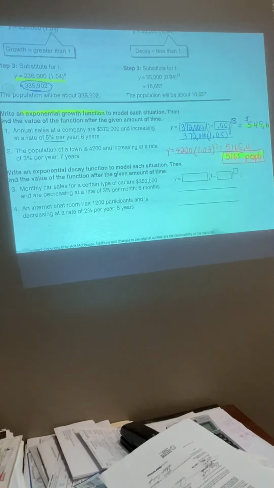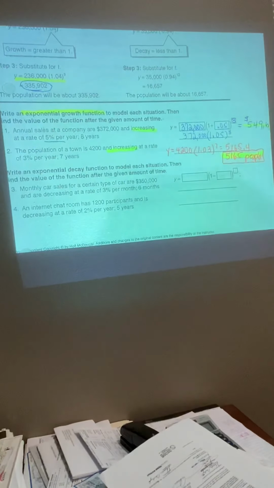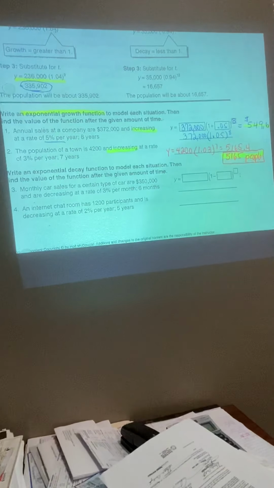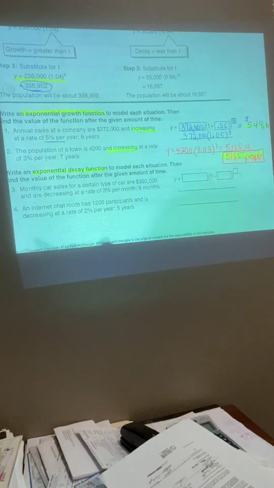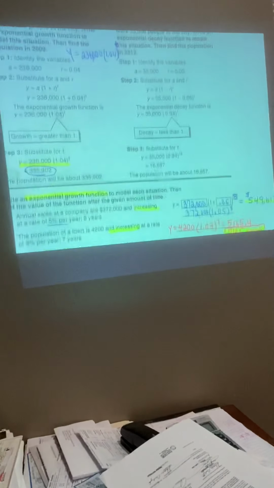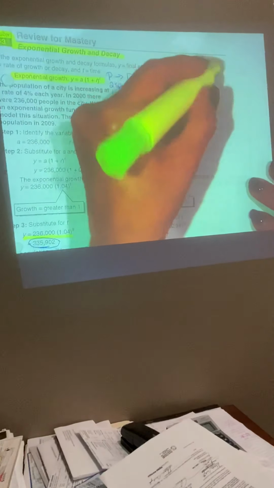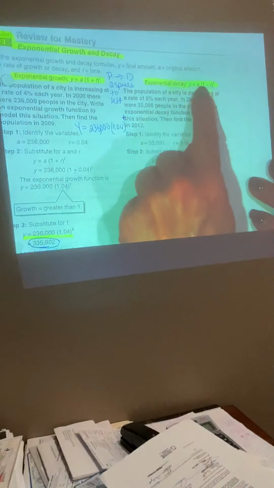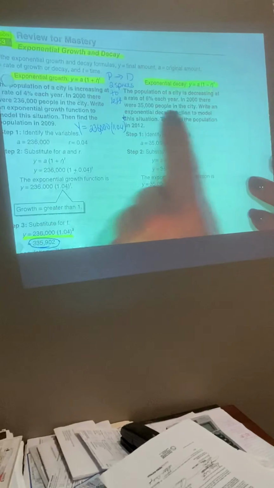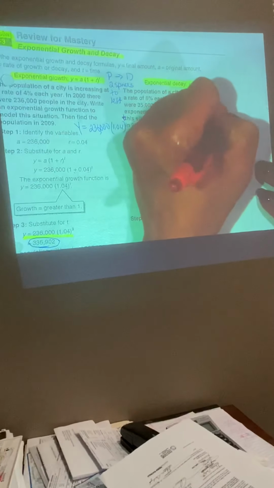Okay, and that's exponential growth. Notice your keywords: increasing, increasing. Okay, exponential decay, same thing, but now we're decreasing. Exponential decay. Okay, so going back to the formula up here, exponential decay is 1 minus r to the t. Okay, there's your exponential decay, 1 minus r. So here, 6%. So the model would be y equals